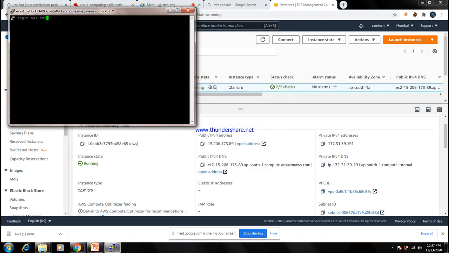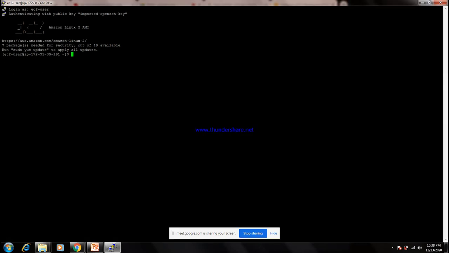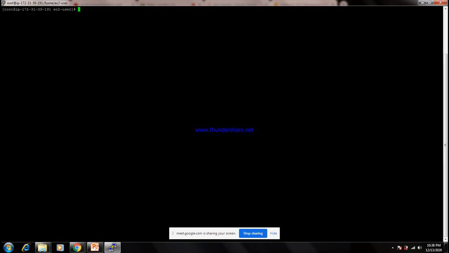The username is ec2-user. Then you can give enter. Very good. Your instance is open now. Then type sudo bash, enter. Then Ctrl L. Then whatever task you want to do, you are able to do. I can give pwd, and you can get the ec2-user account here. This is the method, madam, to easily get the resources. Whatever task you want to do in this Linux machine, you can do.